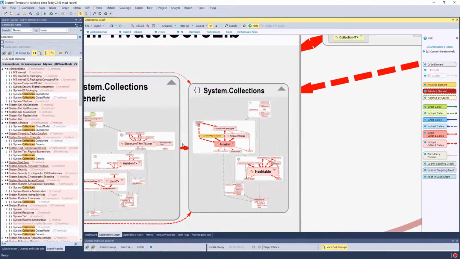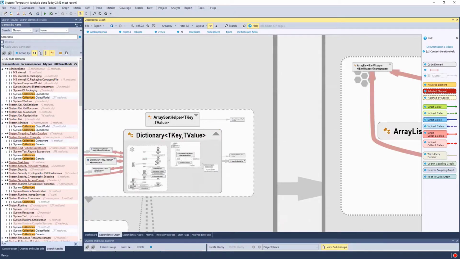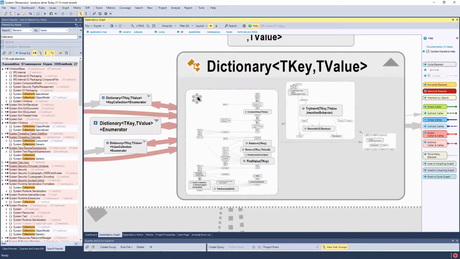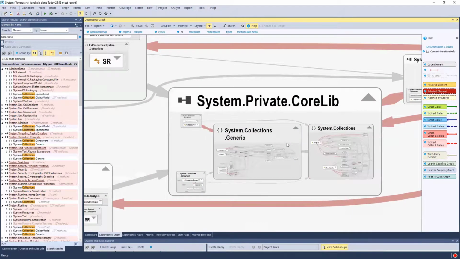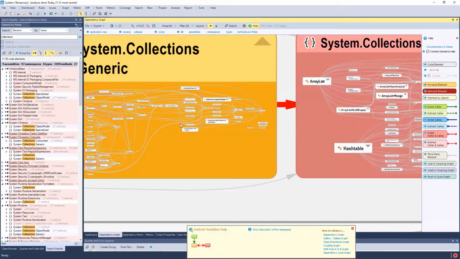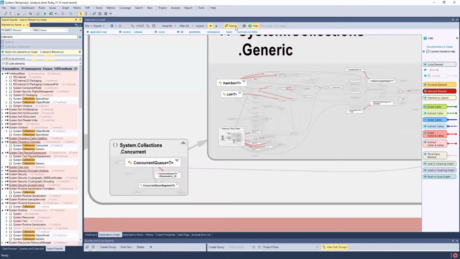Let's find a dictionary. I can expand or collapse, and I can have a look into dictionary. If you're wondering what these boxes are, those are clusters. If it's too complex, NDepend introduces some kind of cluster, and you can change the grouping. Here we're going to have no more clusters for assemblies. I lost my dictionary, of course, because now it becomes more complicated.